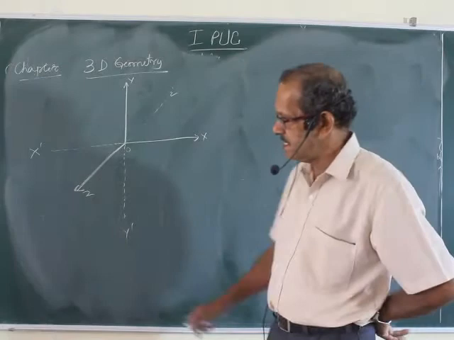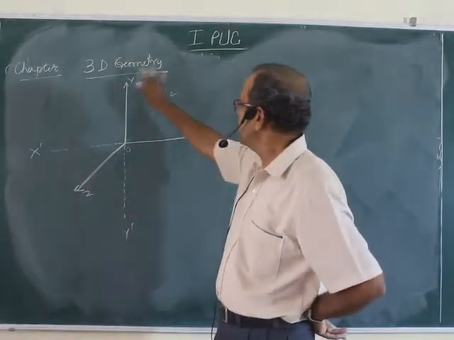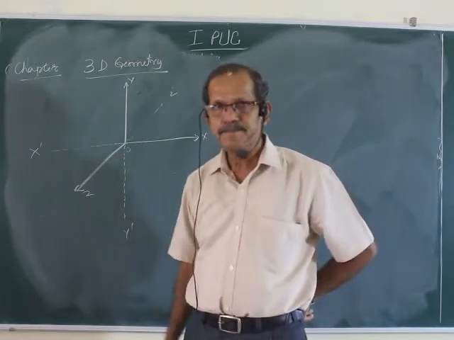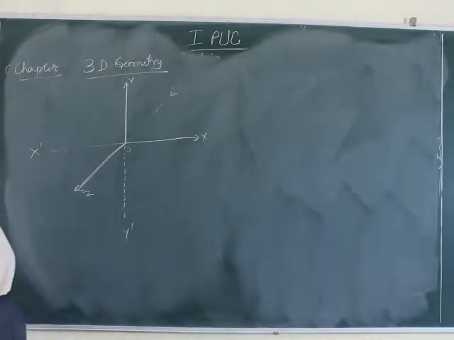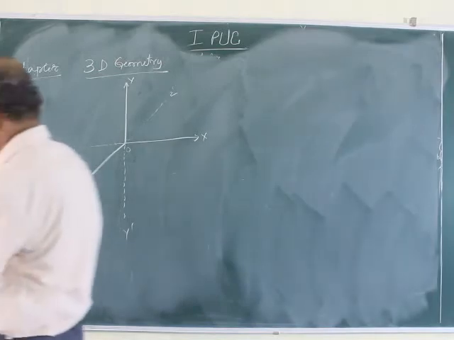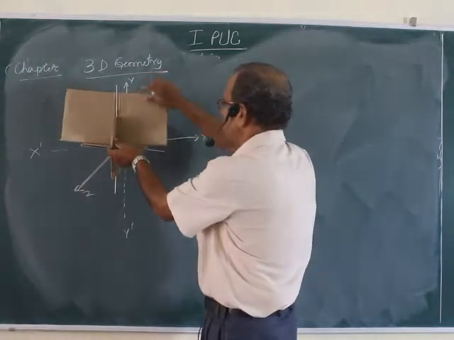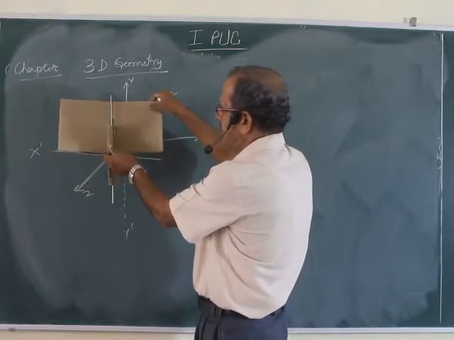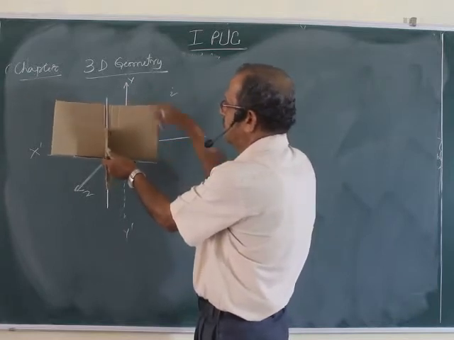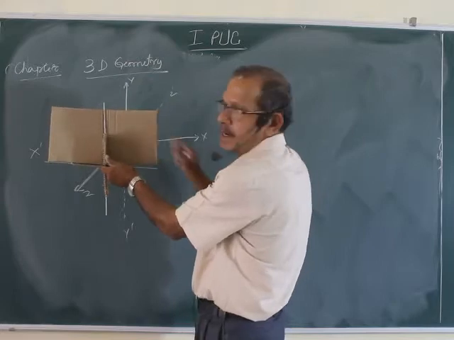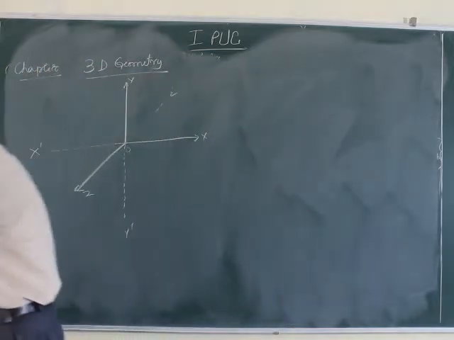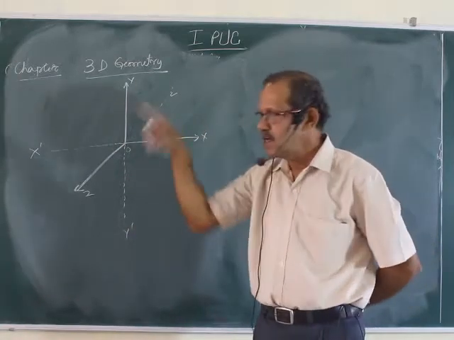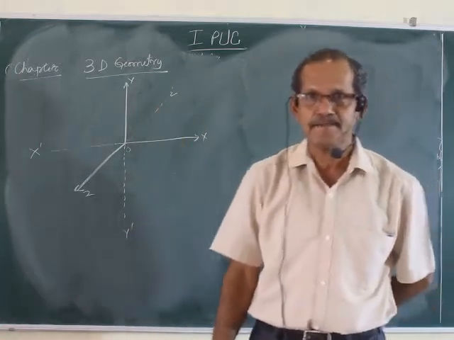Or let me just imagine, the first chamber is there, no? X, O, Y and Z, you have seen there. First chamber. This chamber is there, no? X axis, Y axis, Z axis. That can be imagined as this particular room, this classroom. Just imagine this classroom is the first chamber, first octant.